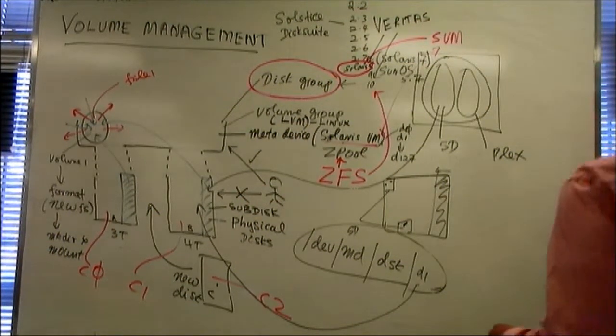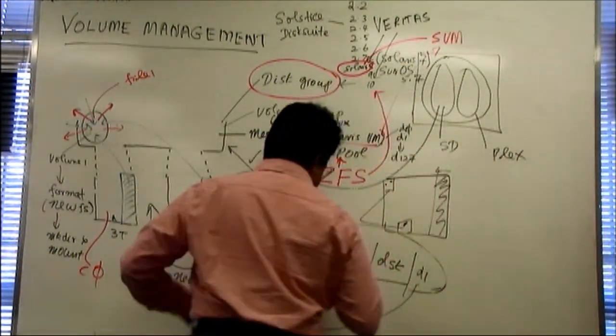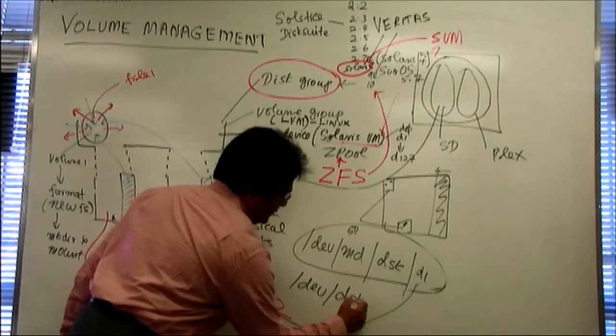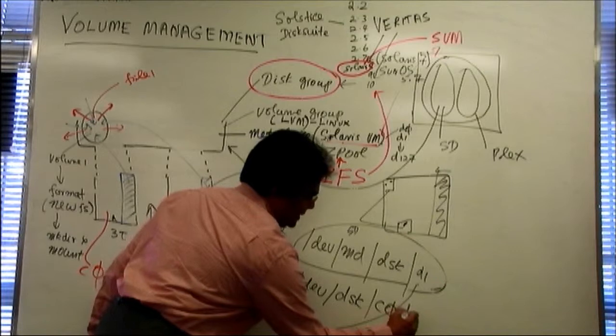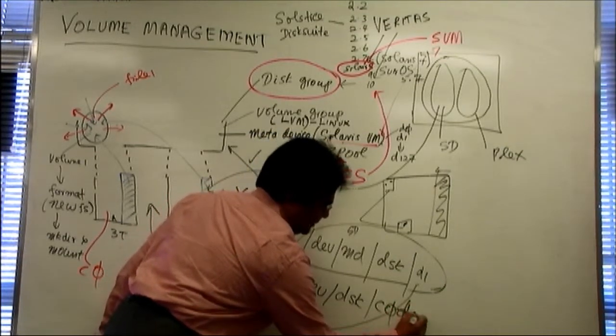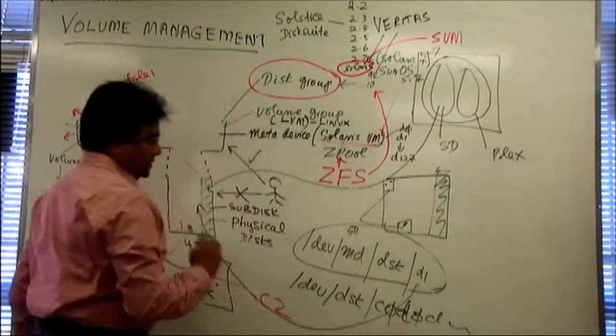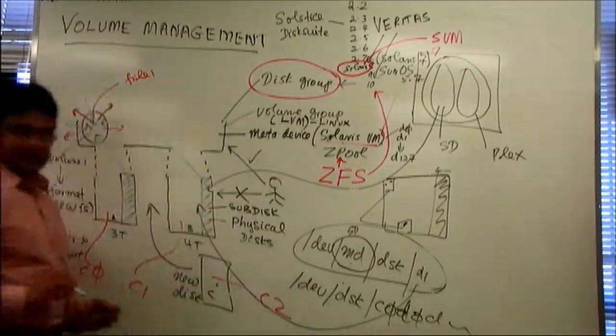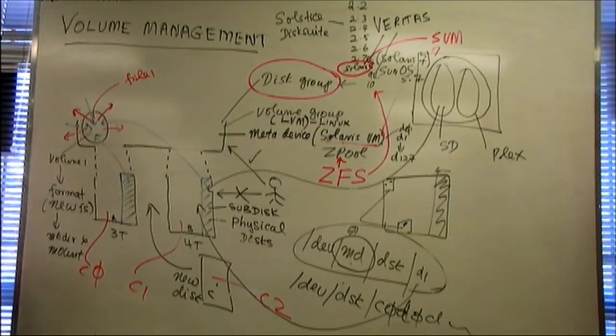So I said the logical names we used before, /dev/dsk/c0d0 or t0d0, whatever it is, are not used anymore, and we are using something like this. Okay? So this is